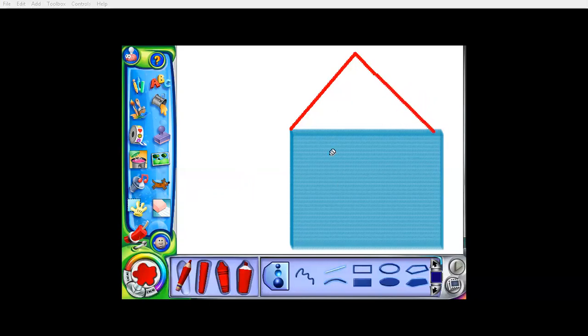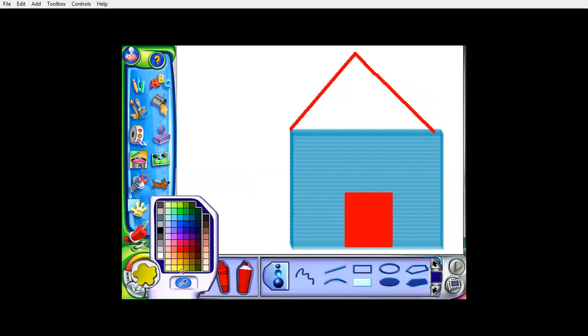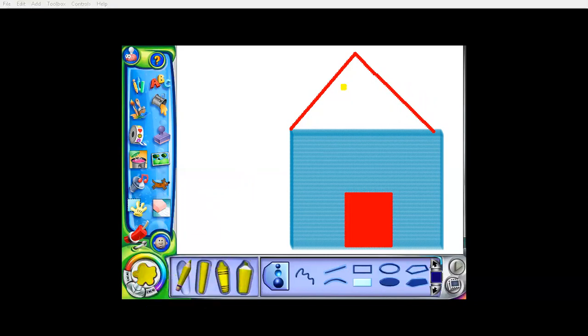Now it's time to make the gate of my hut. So how will I make it? This is how I will make the gate of my hut. Let us make a window also. Let us choose a different color. Let us choose a yellow color. And now it's time to make a window. See, can you see? My hut is looking very beautiful.